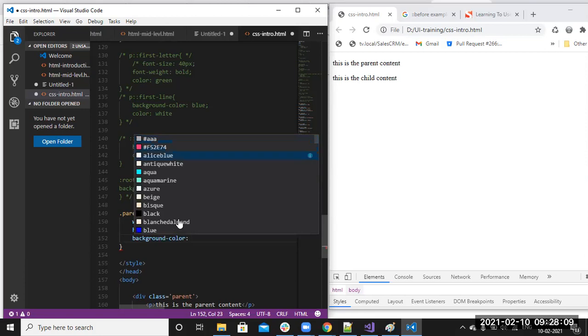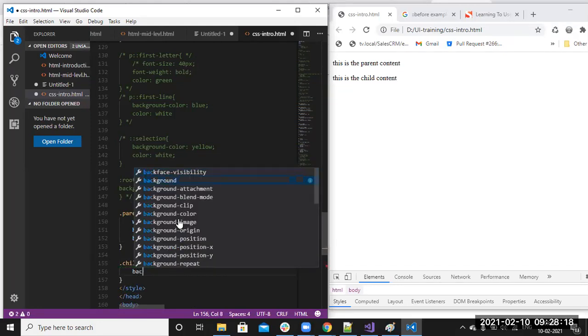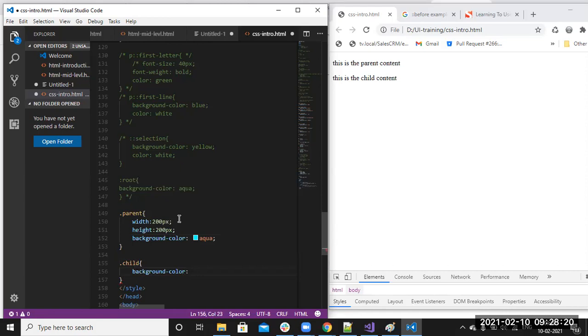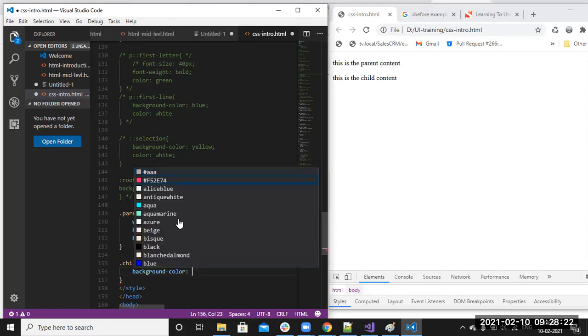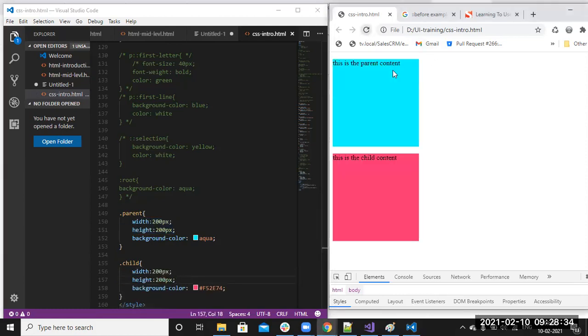Next, that child, background color. This is looking good. Now the same width and height for both. Okay, I got two divs. This is the parent div and this is the child div.